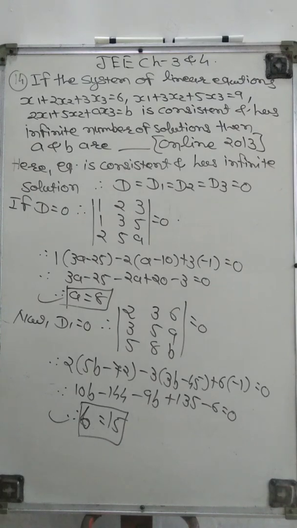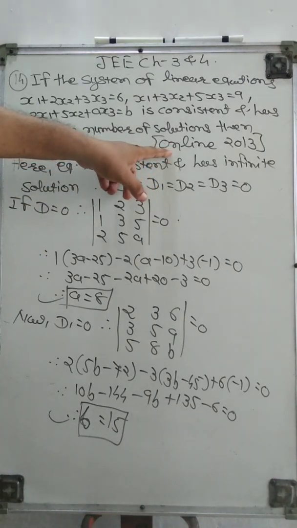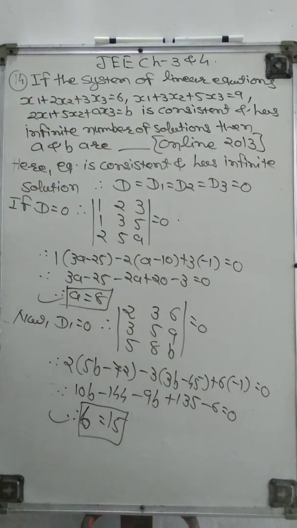So this way we can do this sum very easily. You see that all different types of criteria are there for the system of linear equations of 3 variables, and this sum could be asked in the online exam of 2013. So in your 2013 online exam this sum was asked. Therefore this is an important sum, and this type of sum can be asked in our next exams also. Okay, so this way we can find the answer. Now we go for the next one.